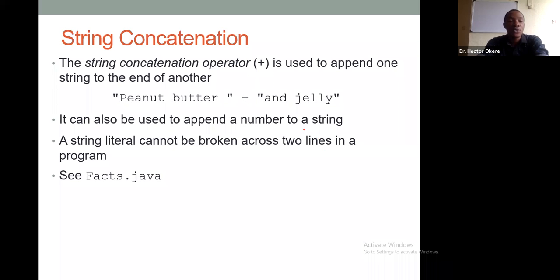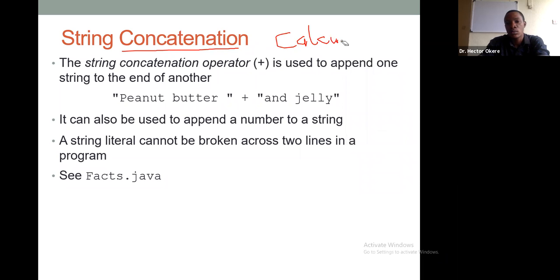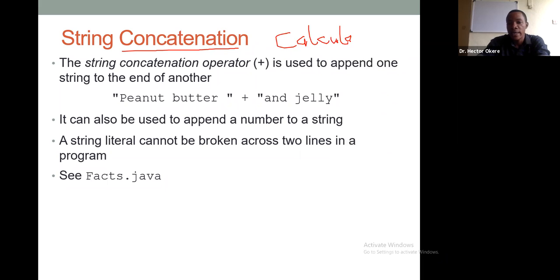Okay? So I want to teach you about concatenation and calculation. So if I want to do calculation, 1 plus 1